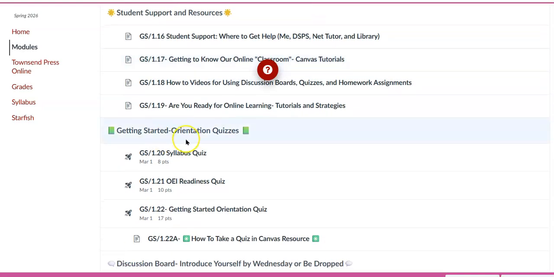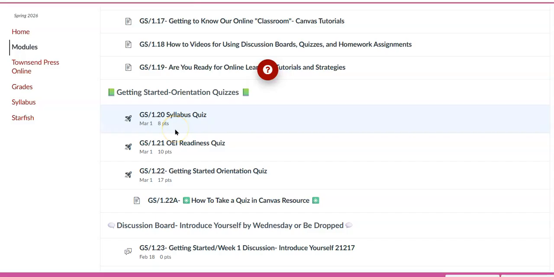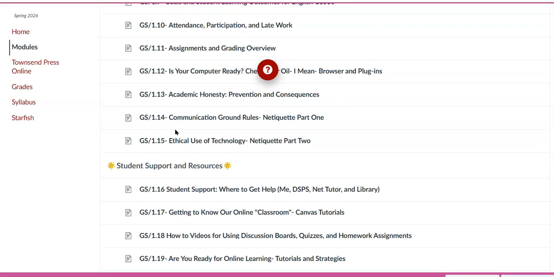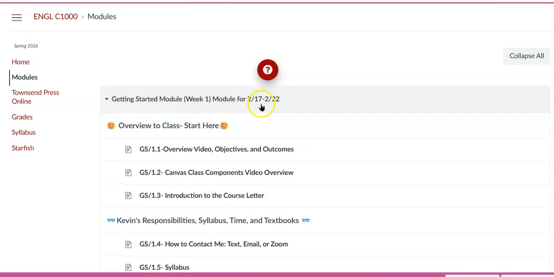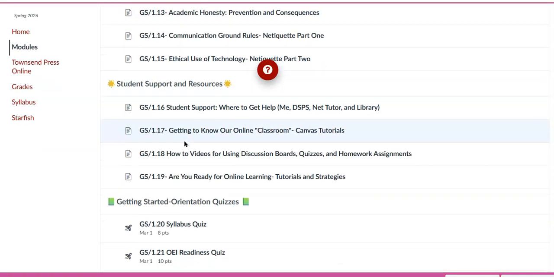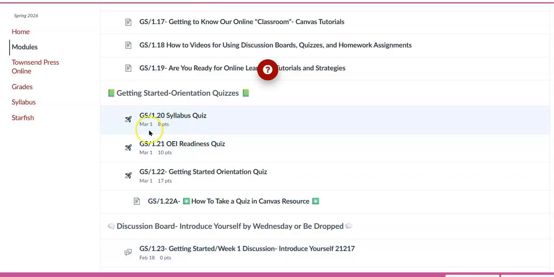And then there are 3 quizzes. Again, these will validate that you're understanding the objectives that I put up for this first week. The Getting Started module and the Week 1 module are in one, and they'll go from February 17th to February 22nd. I should have said that before, but I'm there now. Alright, so let's go down to the quizzes. You'll have 3 quizzes, and they are usually due on the Sunday at the end of the weekly module. However, I'm giving you 2 weeks to complete these, just in case students join the class late, so they won't be marked late for this. And with quizzes, if one closes on March 1st, I will not reopen it.